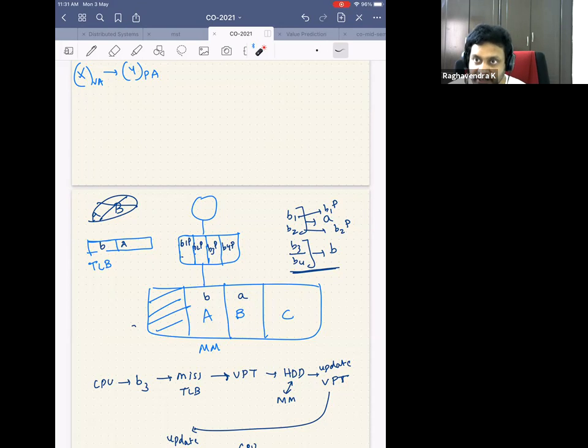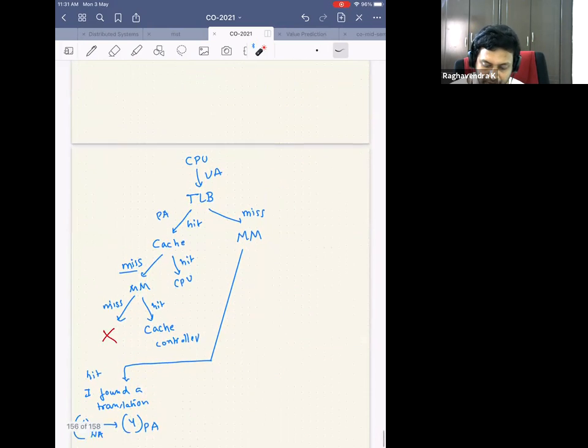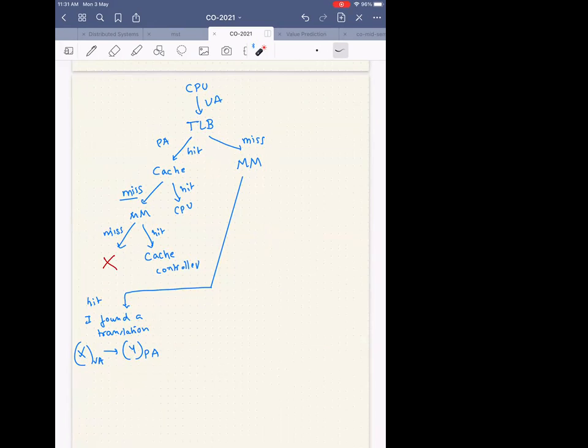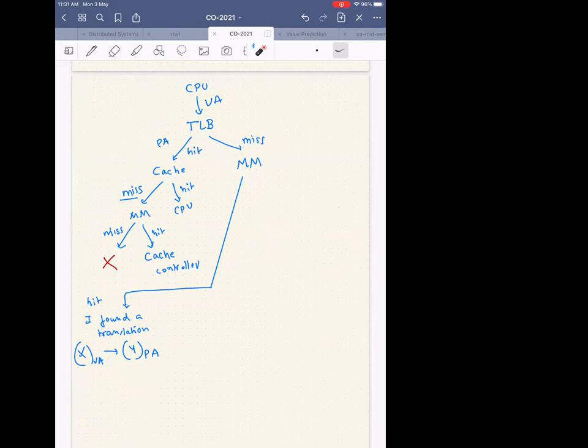So the CPU has generated an address. It is trying to read block B3, but I wanted the physical address. So I got the physical address here. But where is the updated value of this physical address? It need not be in main memory. It might be in the cache. So even though you are at the main memory, even though you might want to read the data, it might not be updated data. It might be a stale value.